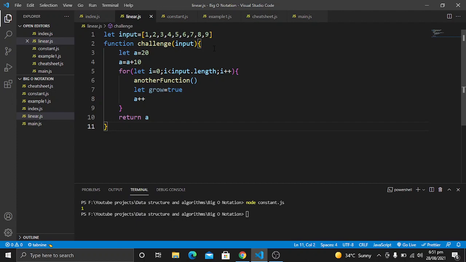Let's go to the first line: a is equal to 20. Here we will have O of 1.